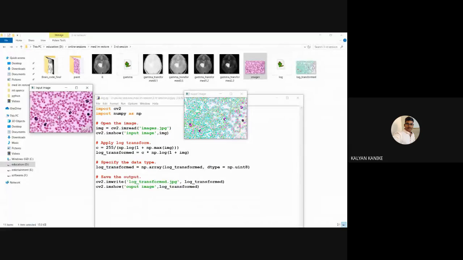By using these log transformations on this particular image, we are able to observe clearly. If we apply this log transformed image, convert it into black and white and find the edges, it will give more clear information about the damaged cells.